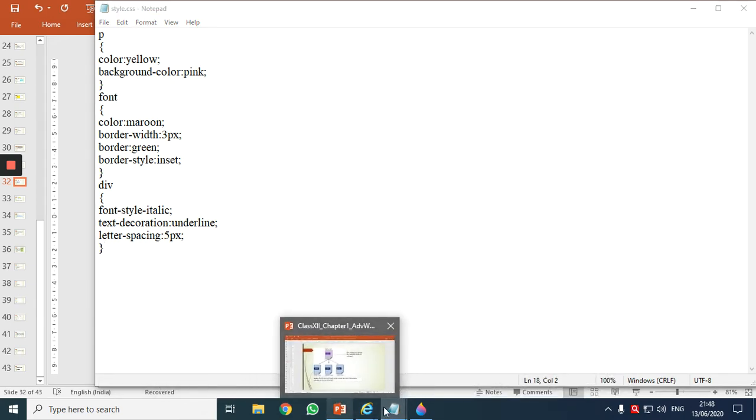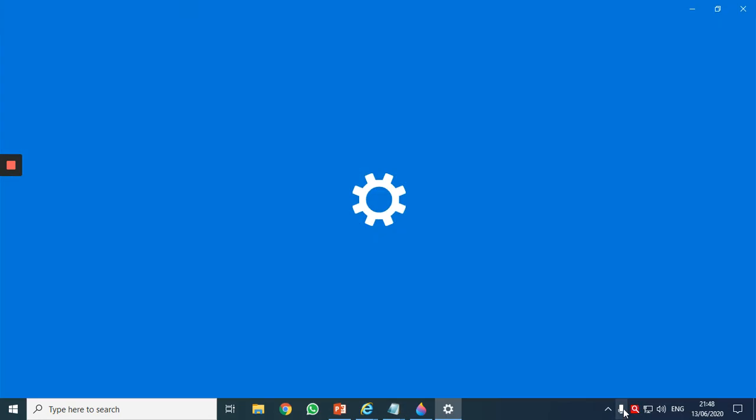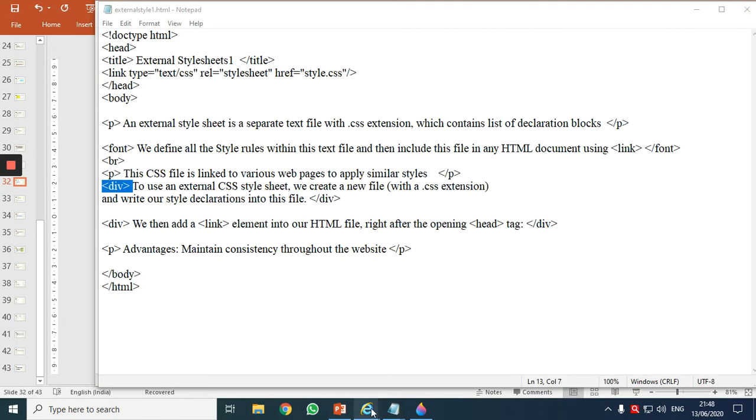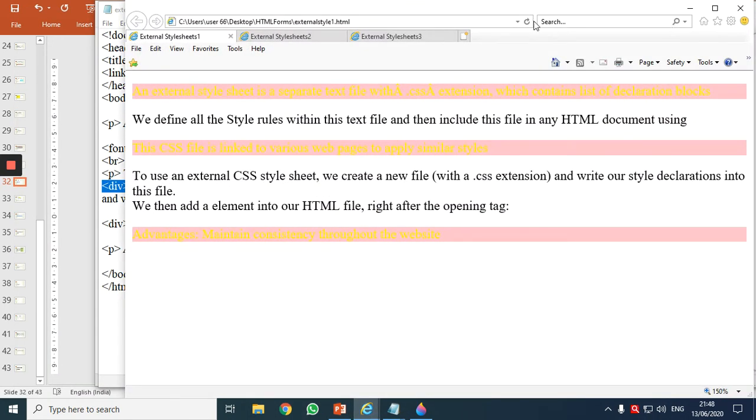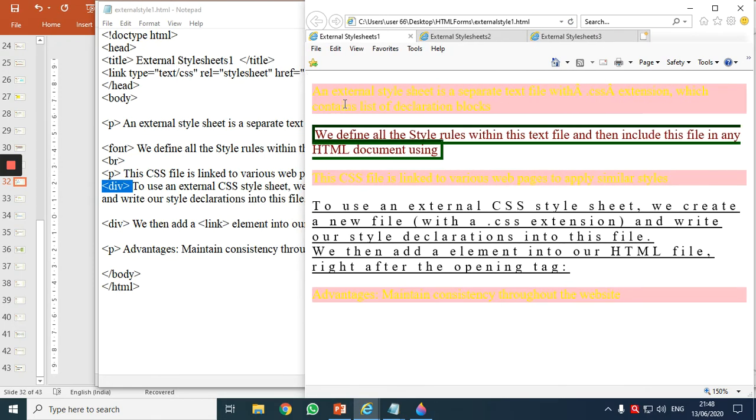I'll open the notepad and again save, whatever changes I've done there, I'll save it here. Correct? And let us observe the output. Observe. Okay. So see the p tags, all the 3 p tags with pink background and yellow color. Correct?